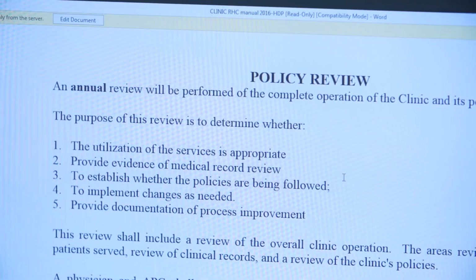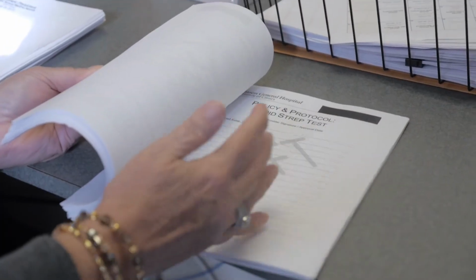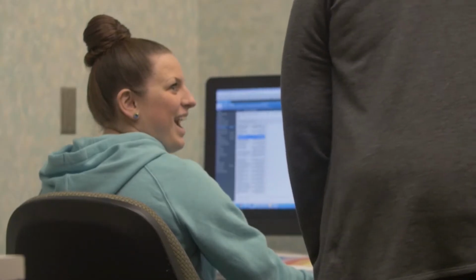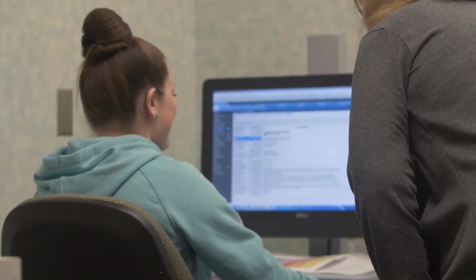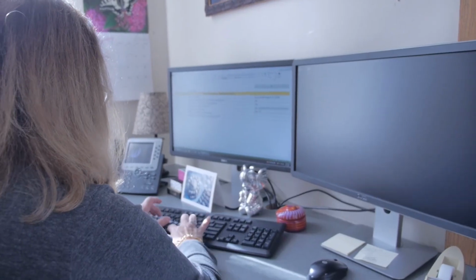Another piece of that review is you have to have a policy on what charts you review. You have to have a policy in place for reviewing charts, and you can say you're annually reviewing 10 charts, or you can review 100 charts, but whatever your policy says is what you have to do, and you have to include that report in your annual review. So the main lesson here is set up your policy so that you can be successful, and then follow that policy and then document that you've done those reviews.